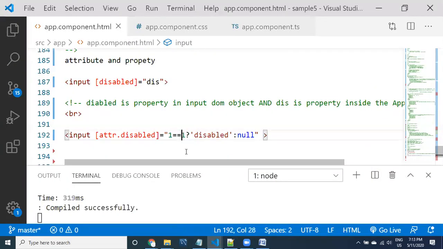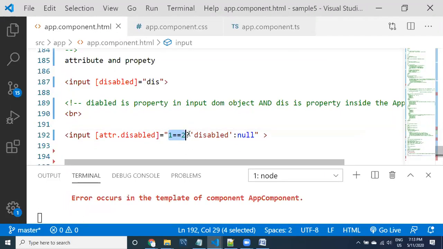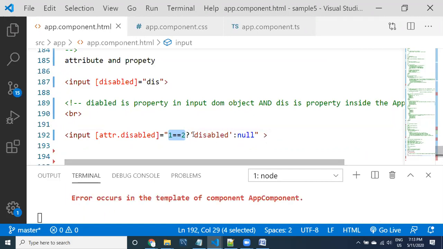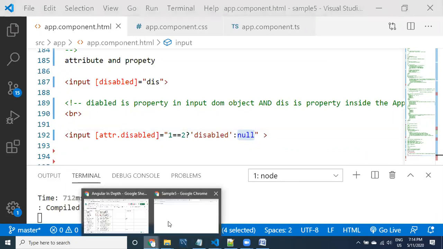Intentionally I want to provide some wrong condition, just a dummy condition I have provided here. If I provide a wrong condition, what happens? The condition is going to be false. Instead of providing disabled, it is going to apply null. Let's go to here. So disabled is not going to work.